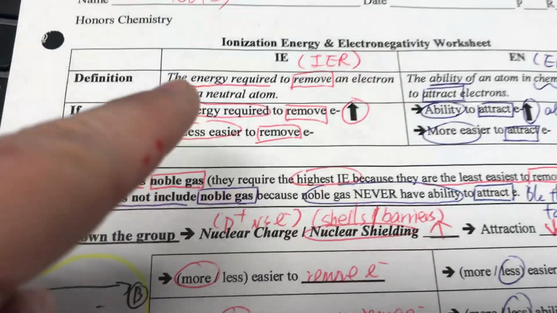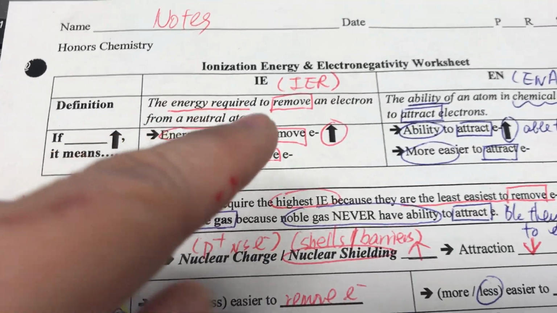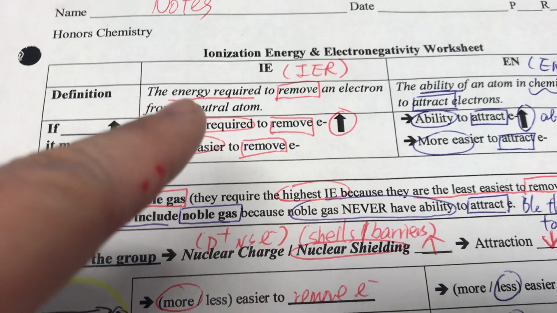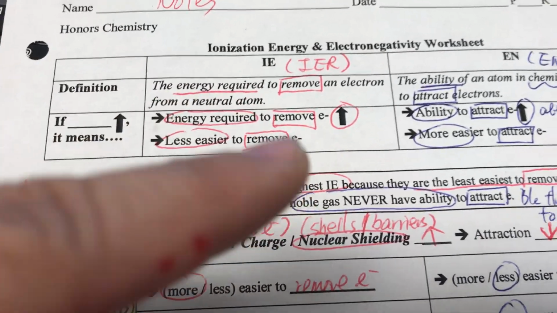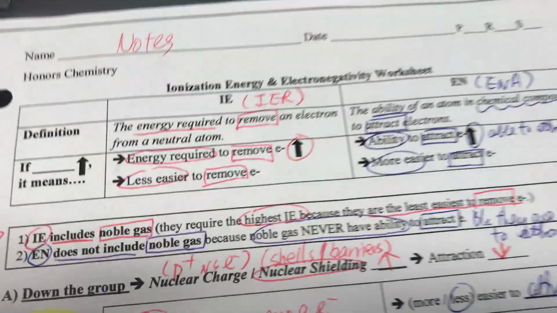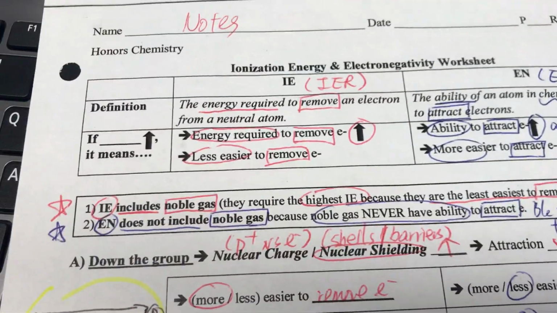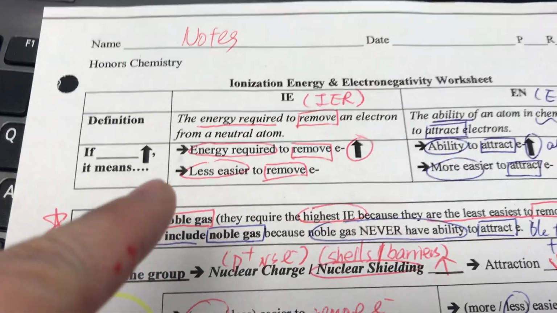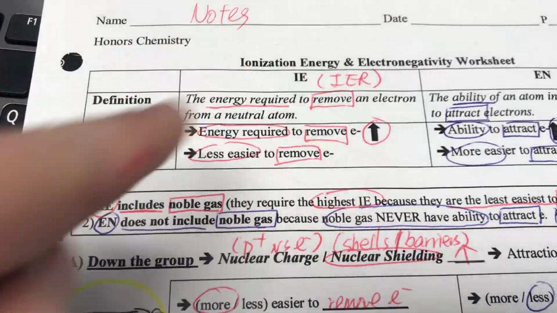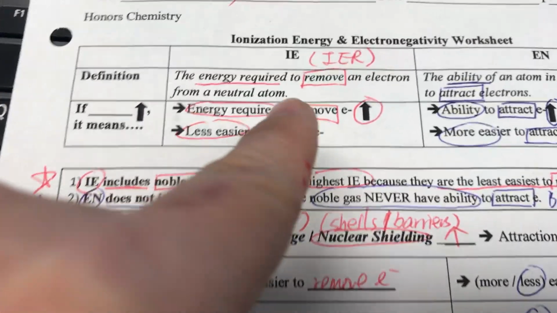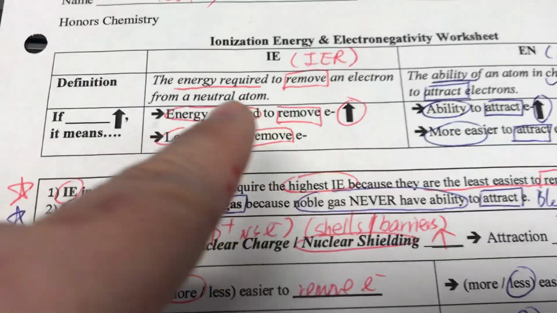Now, IE is the energy required to remove an electron from a neutral atom. So it takes that much energy to remove, or like you say, lose the electron. Remove is just kind of like losing from a neutral atom. So if the IE is high, what does it mean? If the IE is high, then the energy required to remove the electron is high, because this is the definition